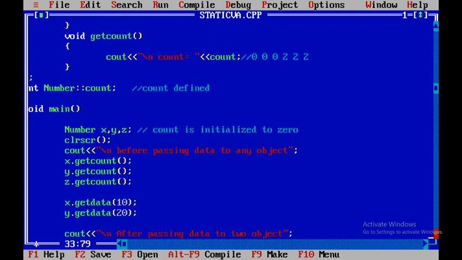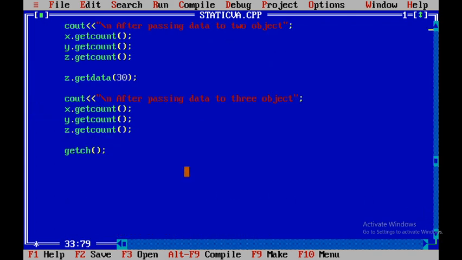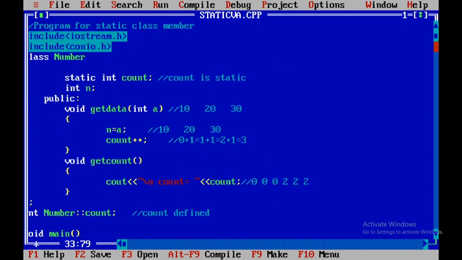So after that, after passing data to 3 objects, again we will print value of getCount by using x, y and z object. So x.getCount, y.getCount and z.getCount.